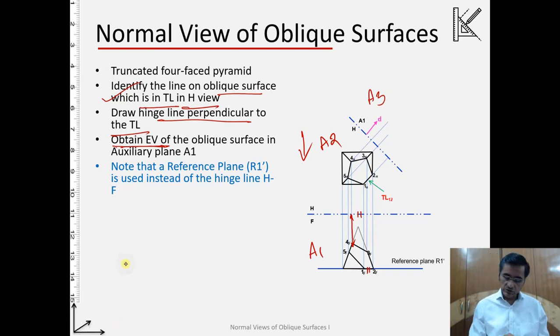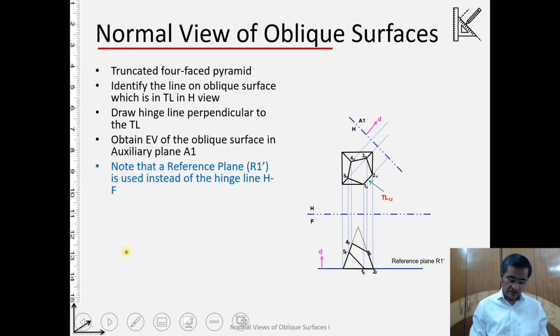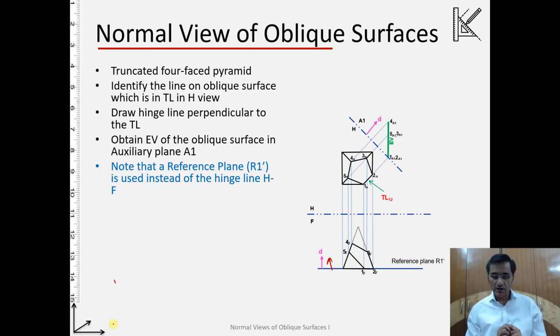Alright, so the distances now we are taking from the reference line, and it doesn't matter, because wherever I take the distances from, okay, the distances are relative. Okay, the distances are relative, and still I will get my desired view. Of course, an edge view which is coming like this may come like this. Okay, once you do it, then you will know it. So if I take the distances from now the reference line, and that is how in this direction we are taking the distances. By applying those distances, we get the edge view. So we have the edge view of the oblique plane.